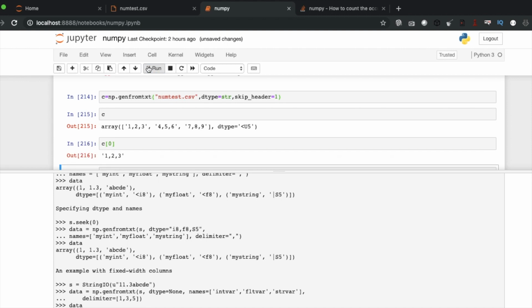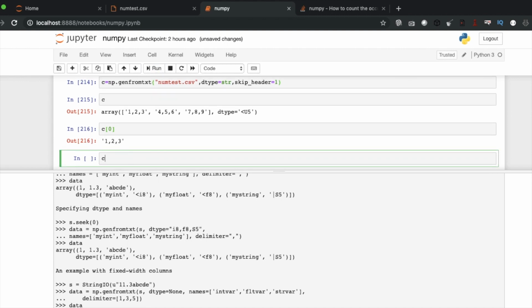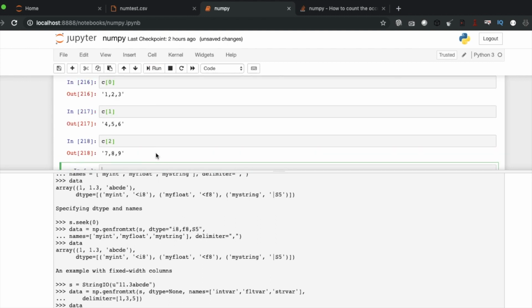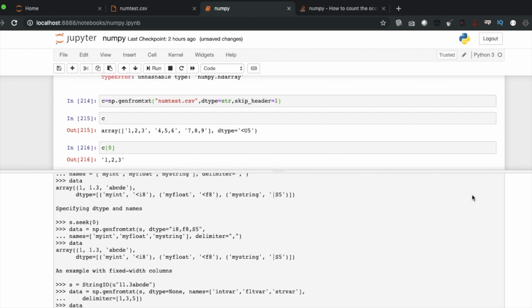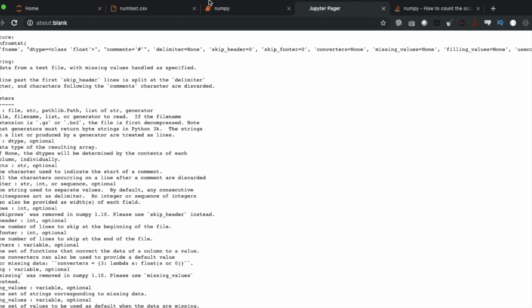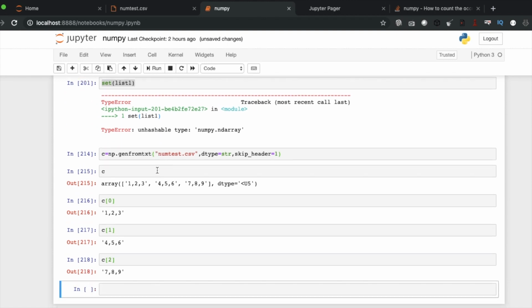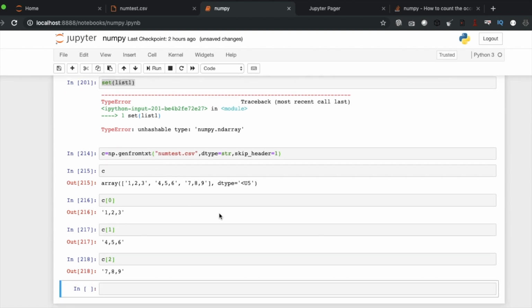C0 1, 2, 3. Okay. So we have loaded this column wise. So what next?